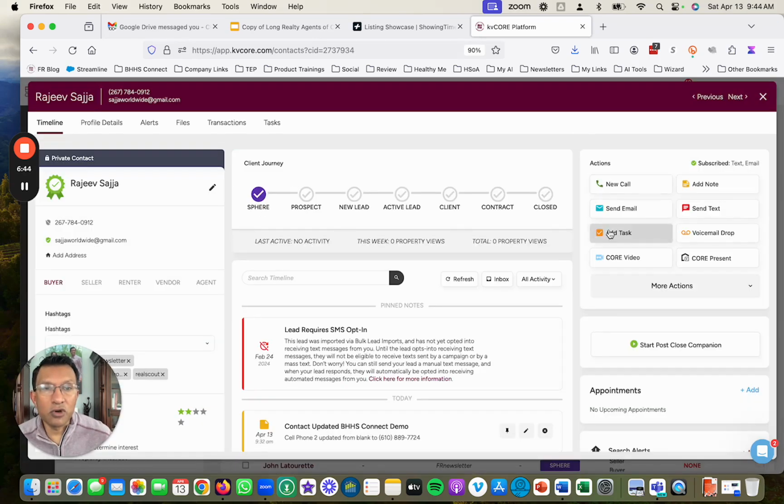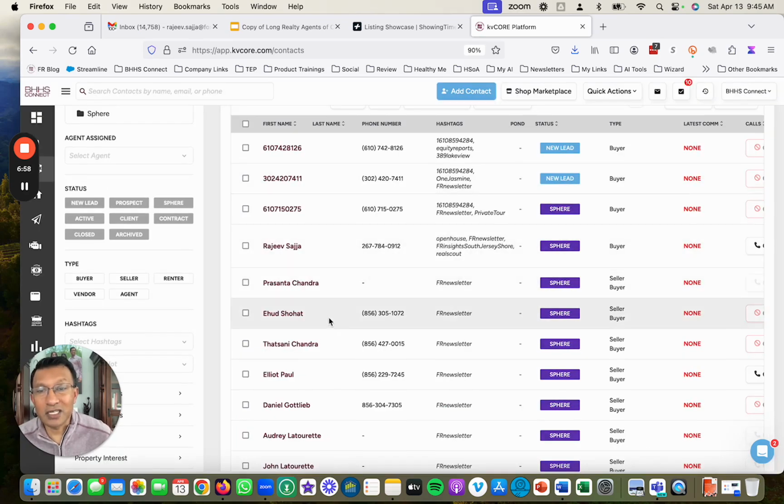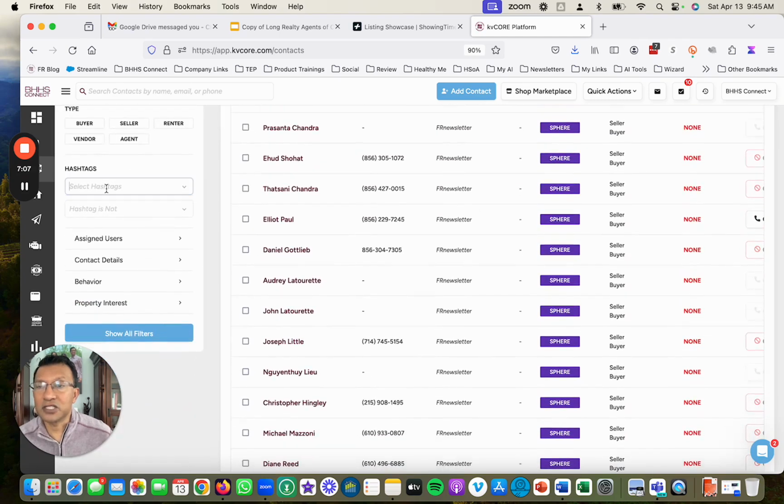So the email, text, and call modals have all been updated, with the big enhancement, in my opinion, being that attachments in email are now live. One last thing, let me show you two more things. Okay, so you could do that at a contact level, but what if you want to send an email to your sphere? I'm going to select my sphere on the left in a hashtag, and I have